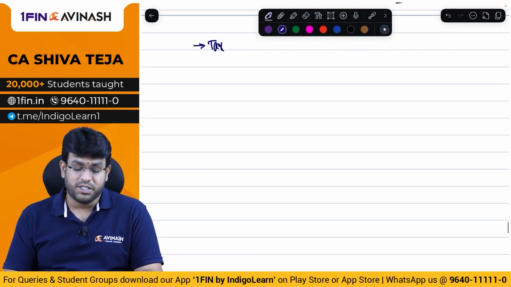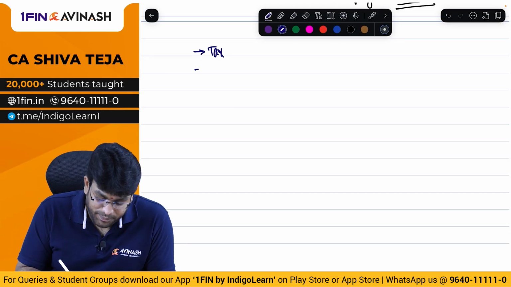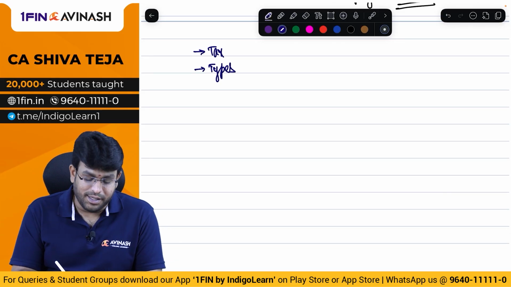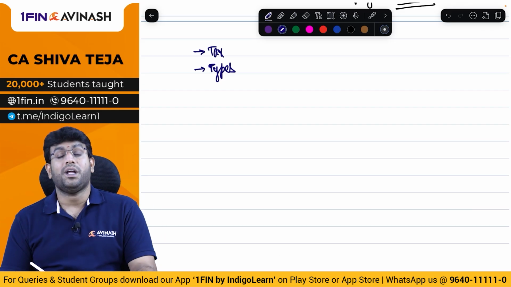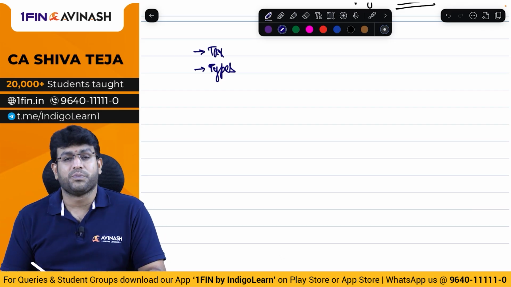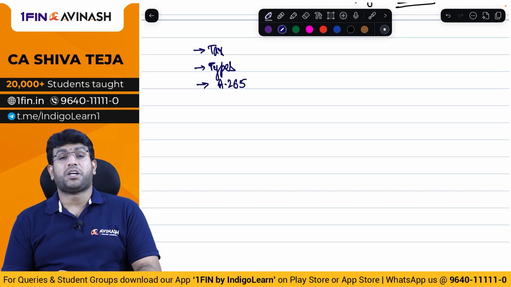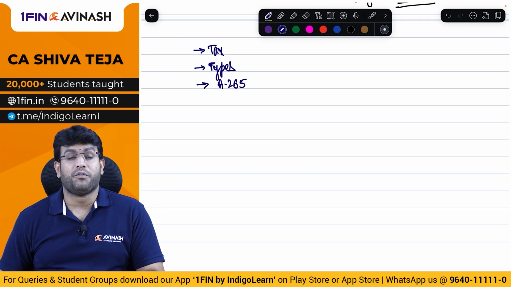Tax is a compulsory fee charged by the government. And there are two types of taxes called direct tax and indirect tax. Direct tax is the tax where impact and incidence is on same person. Indirect tax is the tax where impact and incidence is on different person. And what is Article 265, my dear friends? No tax shall be levied or collected except by authority of law.